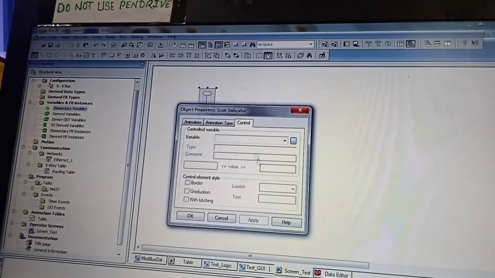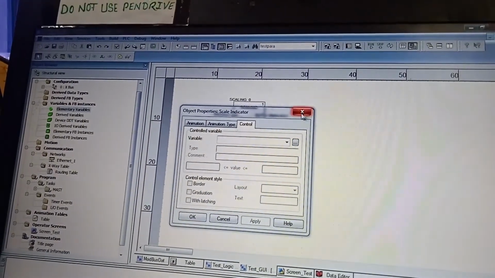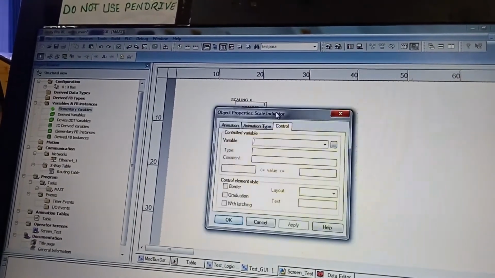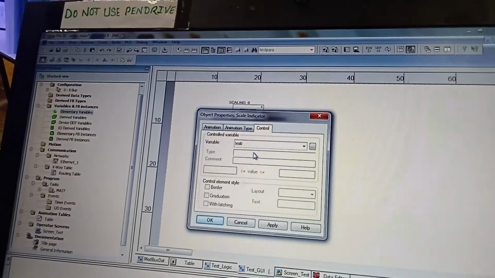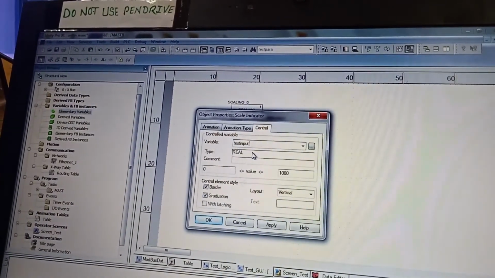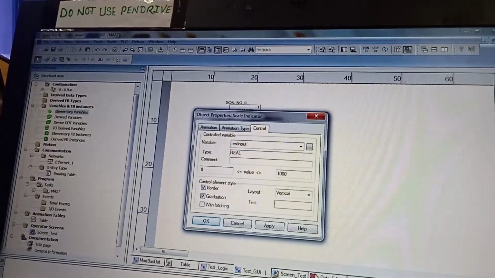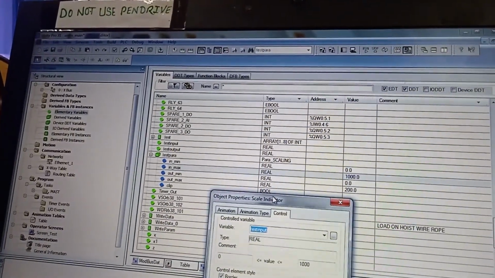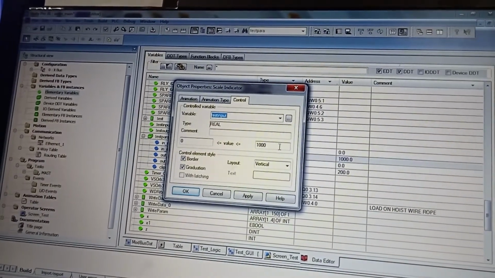So let us write it, so that it was my test input. So you write test input, it's a real. So if you see that in the test input, that value will be varying from 0 to 1000. So I have set it 0 to 1000. You apply it.